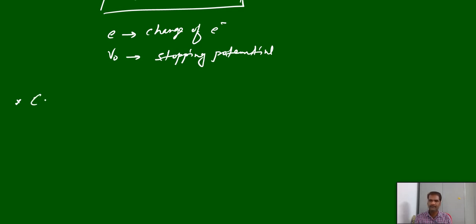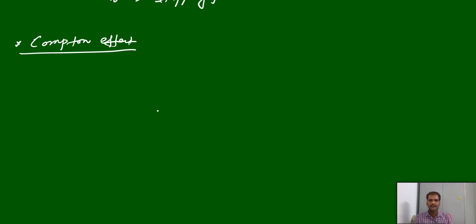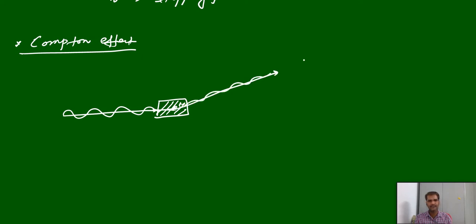There is a Compton effect. So what is the Compton effect here? If you take an object and strike it with some X-ray, which has some wavelength, then it can eject the electrons. The electron present in that object can be ejected. It also has some wavelength. This is the ejected electron,